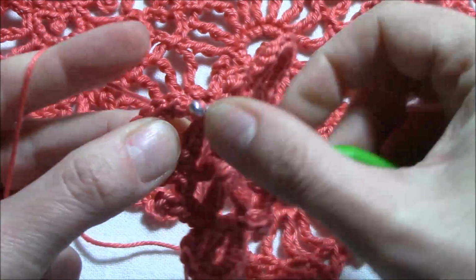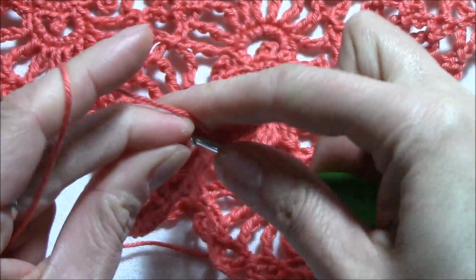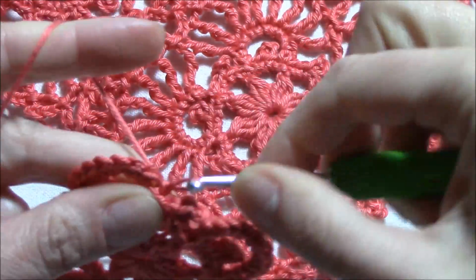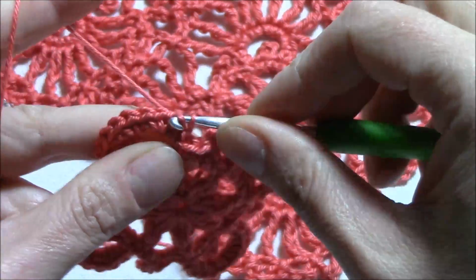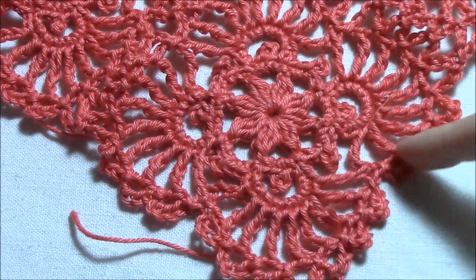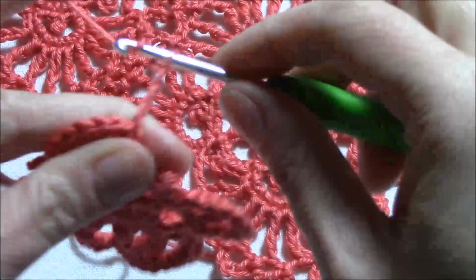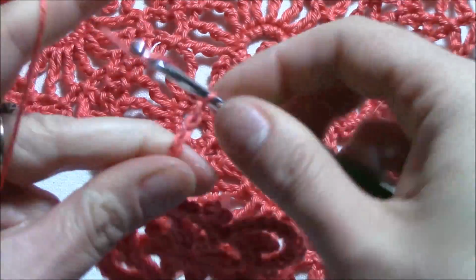into the very first single crochet, if you can. It's a little bit straight. Okay, slip stitch into the second single crochet of the very first arch, and now we are ready to work this part. Okay, so chain 4, and this will be our first triple crochet, and chain 2,